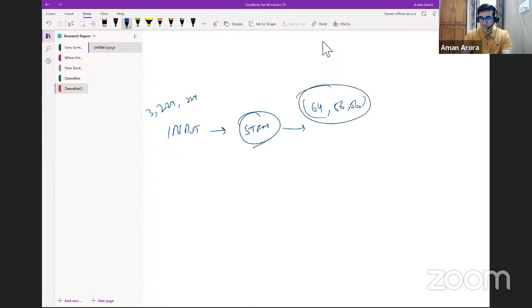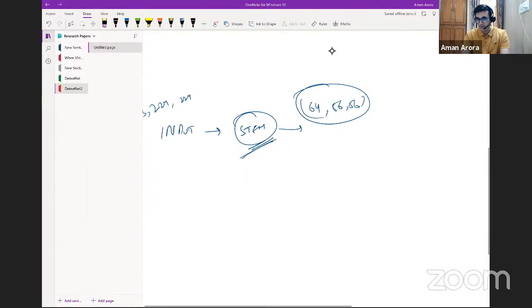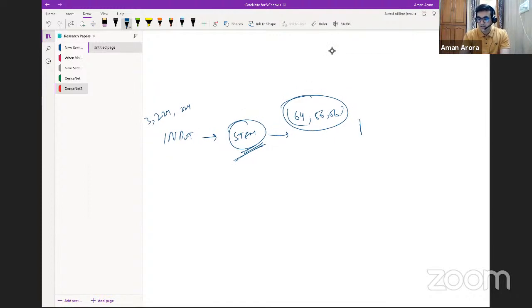The stem is common in all architectures. We saw a stem in ResNet as well, which was a conv 7 by 7. But anyway, we have a stem, and then you have these